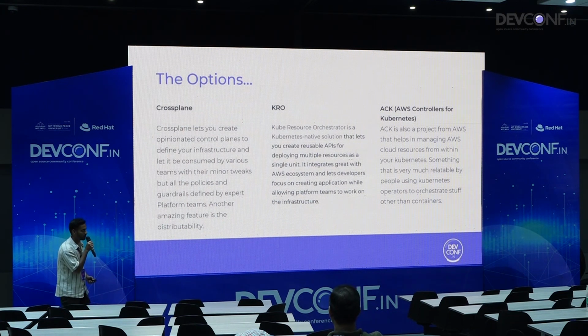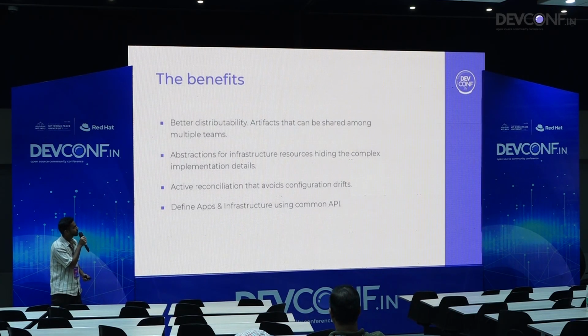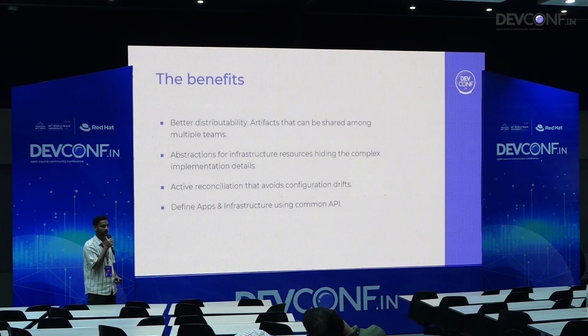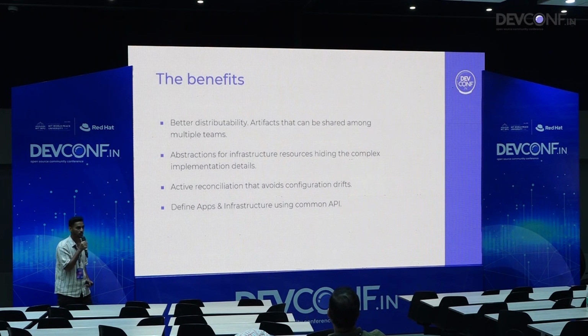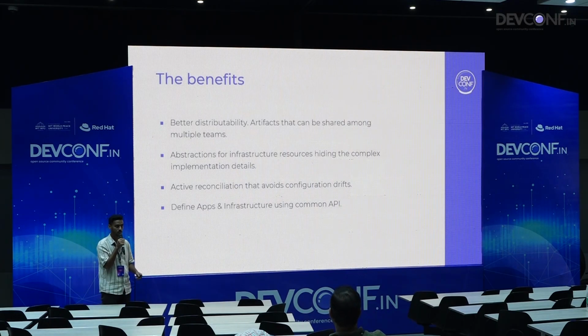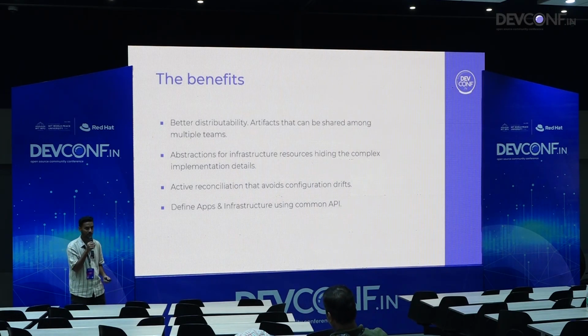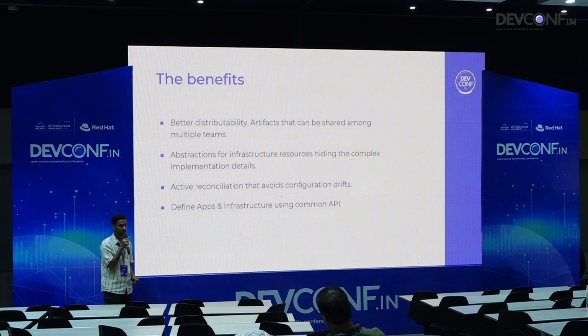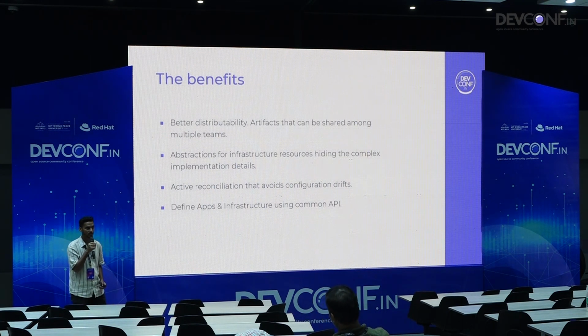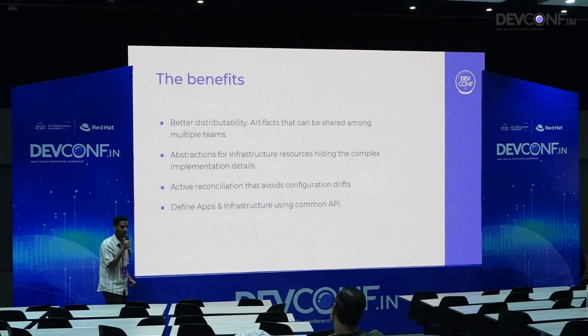So Crossplane is right now my tool of choice because of the maturity. And I will talk about the benefits. The first point is one of the core benefits I saw which helped me transition to Crossplane, which is the distributability. With Terraform, you are always writing infrastructure as code and then maintaining it in a Git repository or somewhere and then shipping it. But with Crossplane, since you are just handling data, you are writing YAML manifests, which is a language to define data. You can package them in the form of artifacts.